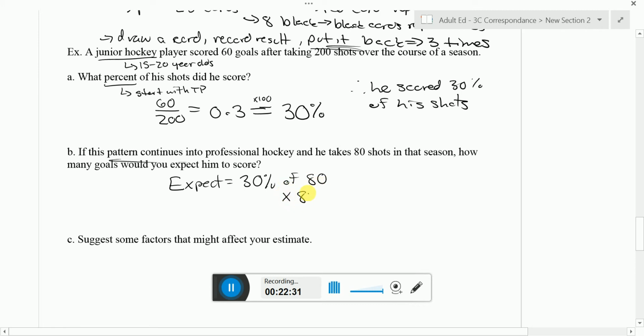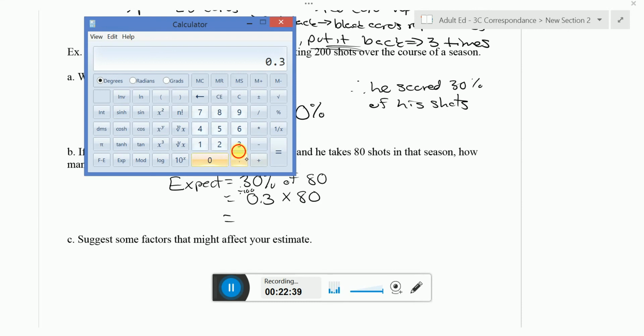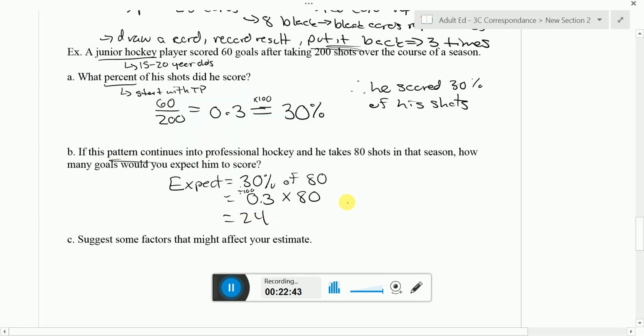Of means times. We need to turn that percent into a decimal, so we divide by 100. So 0.3 times 80, which gives us 24. So we would expect him to score